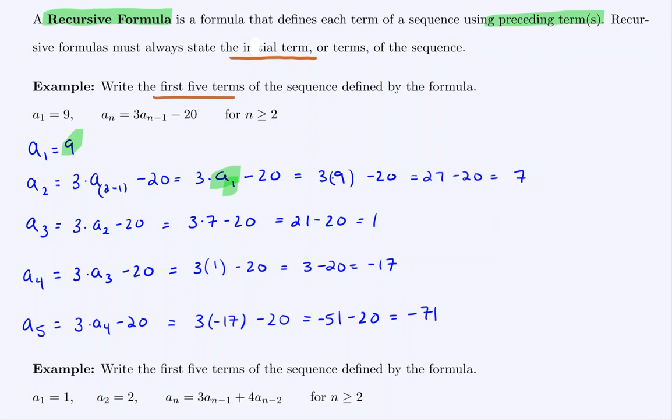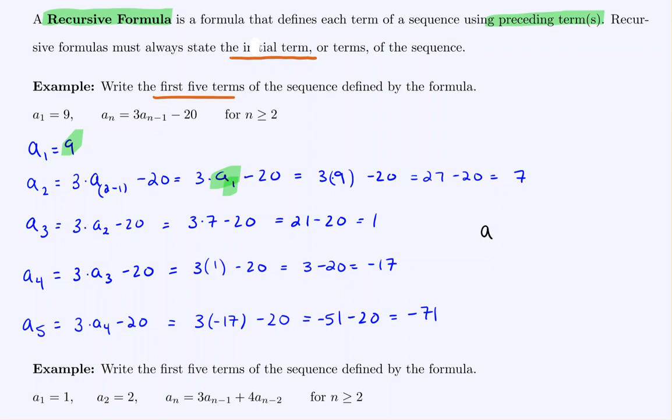So keep in mind the difference between the explicit formula and the recursive formulas. With the explicit formula, you could just plug in any number you want for n, and that gives you that term. You don't have to know any other information about the previous terms. But with a recursive formula, the formula depends on previous terms, so we've got to know what came before to find the next one. And this is where we see recursive formulas being a little more difficult to work with,